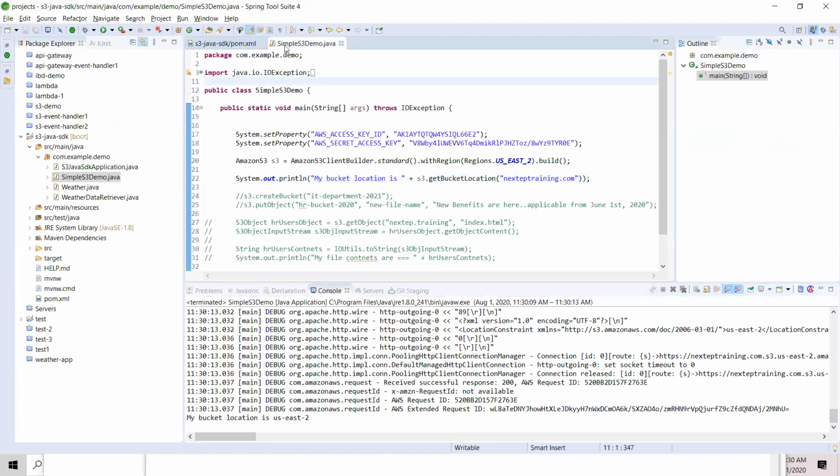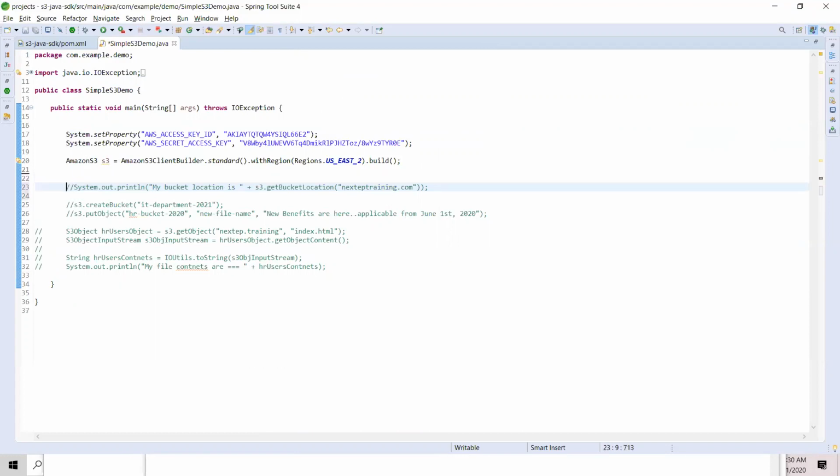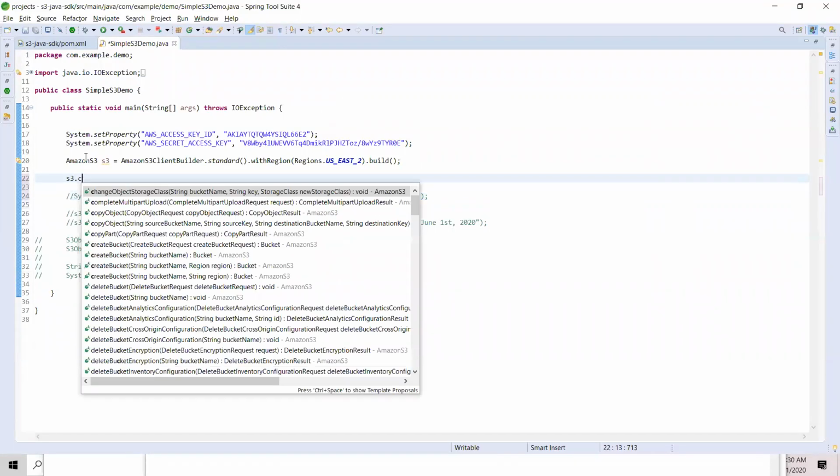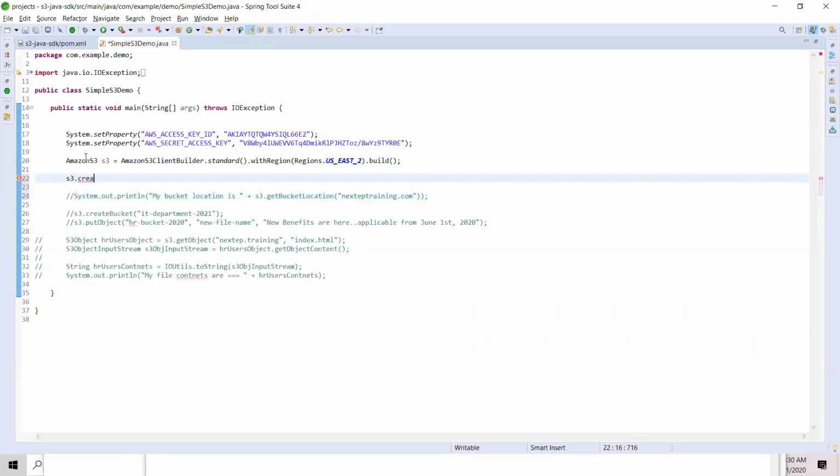Okay. And let's say I want to create a new bucket. S3 dot create bucket. It's that simple: bucket name, and you can specify a region. There you go. I can even specify a region now.